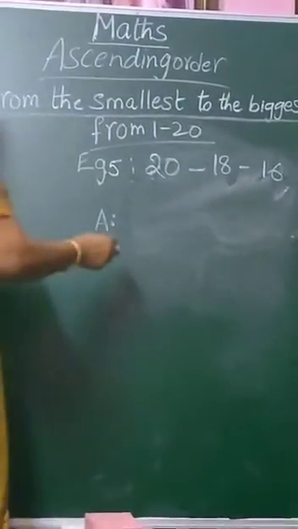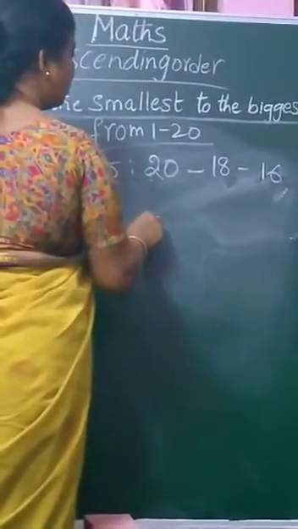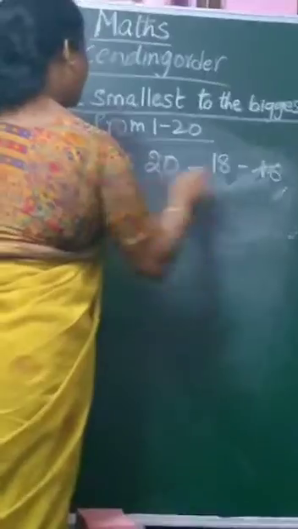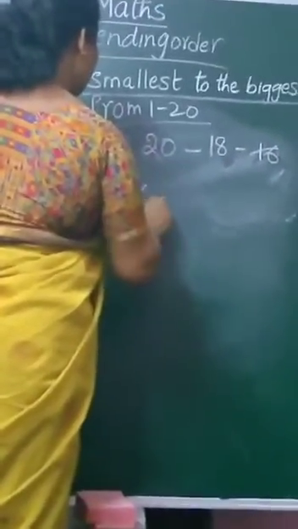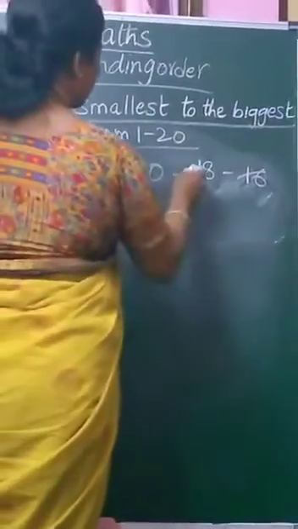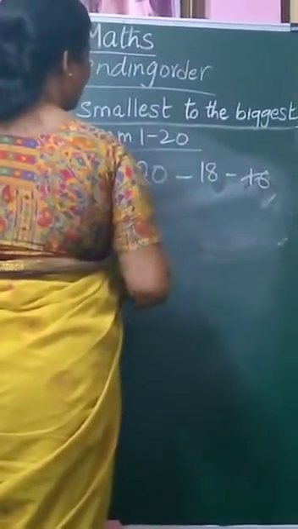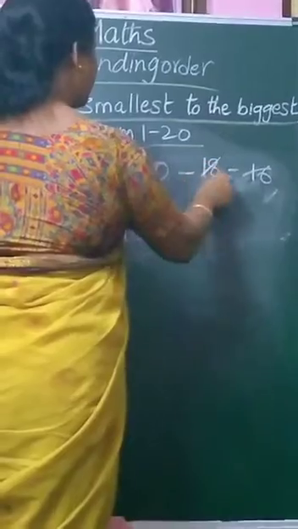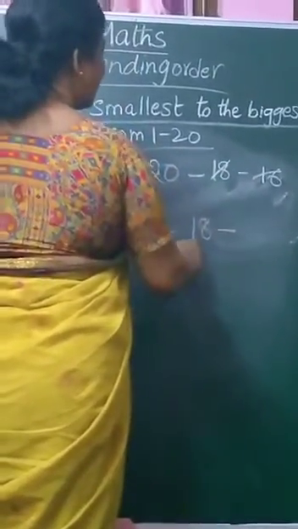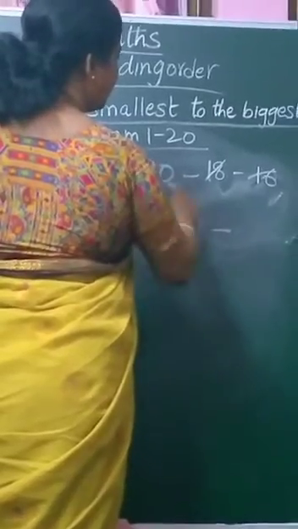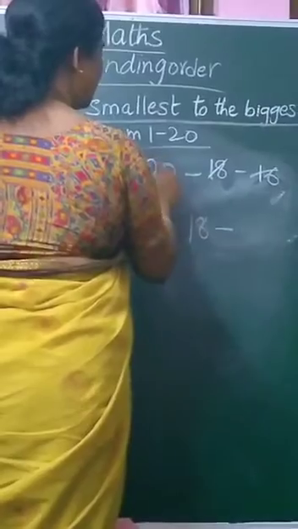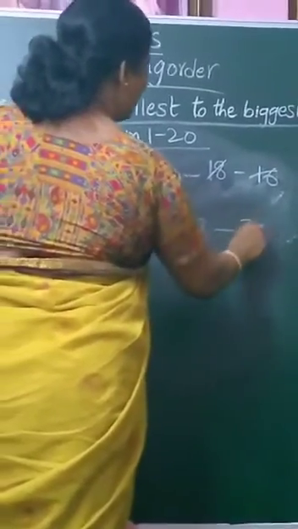Yes. Before putting in the answer, what have to do? Yes, cut it here and put it in the answer. Then after 16 after what number comes? 17 is also not there. So 18 is here. Before putting in the answer, just cut it here and put it in the answer. Then after 18 after what number comes children? 19 is there in these numbers? No. So I'll go to the next number. It is 20. 20 is the biggest number.